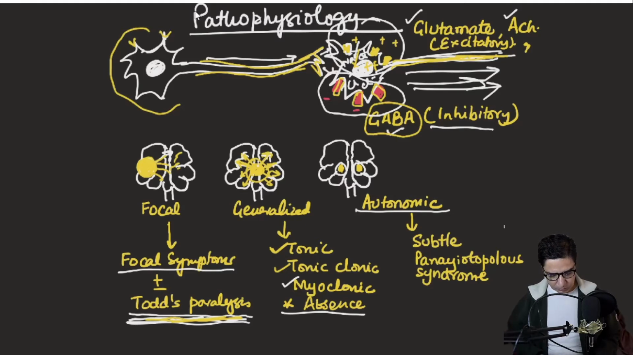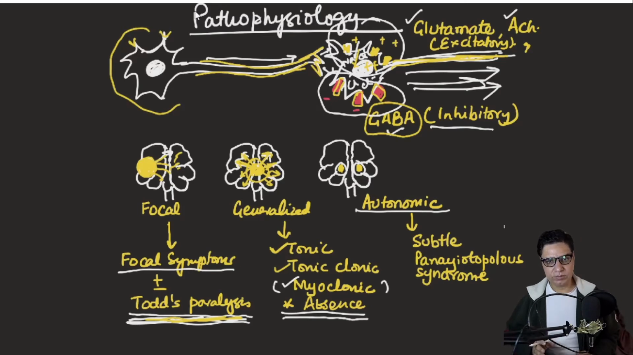Similarly, you can have myoclonic seizures. Myoclonic seizures are sudden, violent, jerky movements of the body. Again, it's common in infants. It's a form of generalized seizure. Similarly, absence seizures are also generalized seizures. The only thing is that here, the motor cortex is not involved. It's basically the